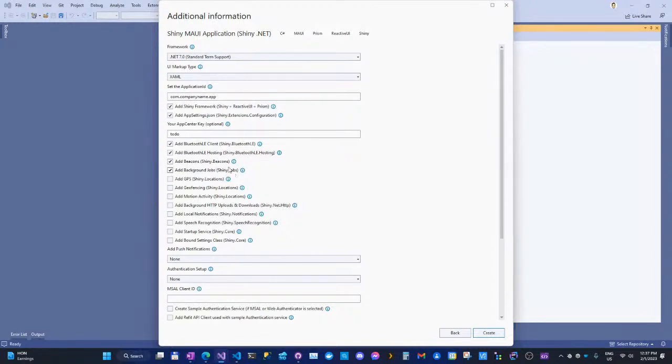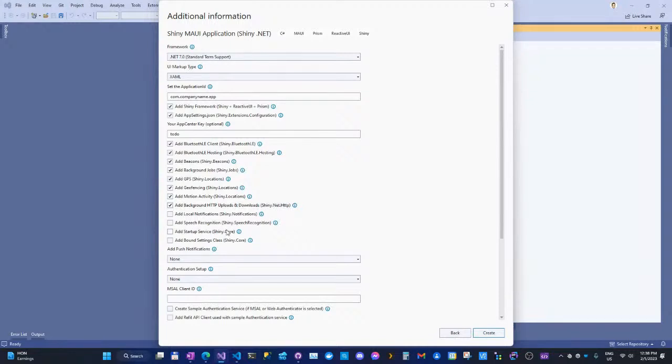Background jobs. Again, this is the job that I was talking about. Maybe I want to pull some data, run, I don't know. There's so many things you can do with background jobs. Just remember they're periodic, they're not scheduled. GPS and geofencing, again, very obvious what they're doing. Motion activity is a great way for detecting, say, a run, walking, driving, if you have that kind of stuff. This is all in one package, but how we wire it is a little bit different.